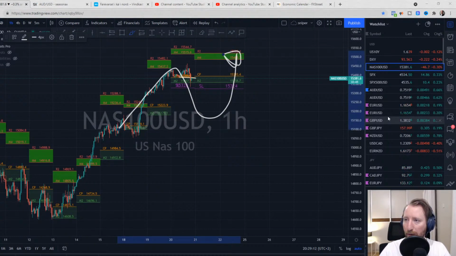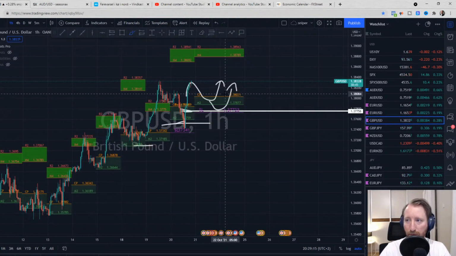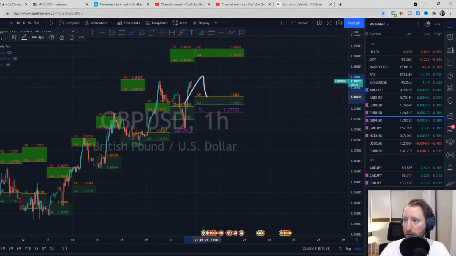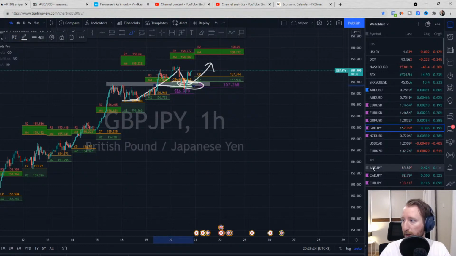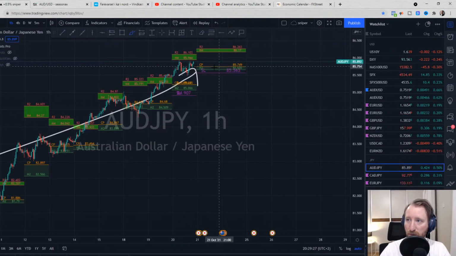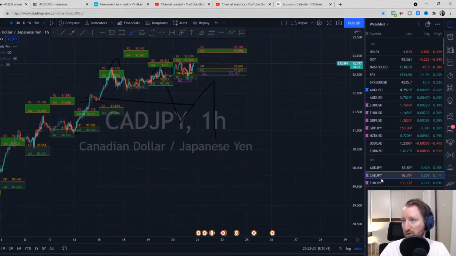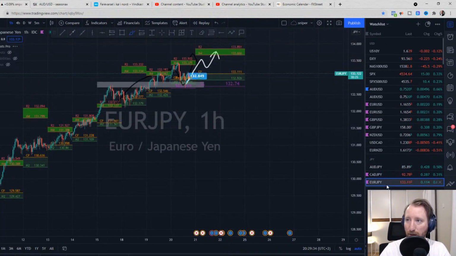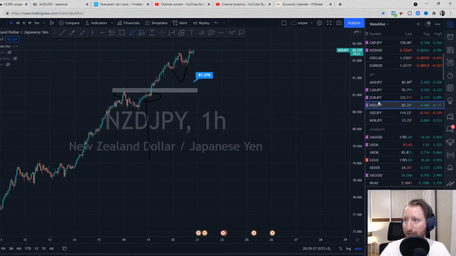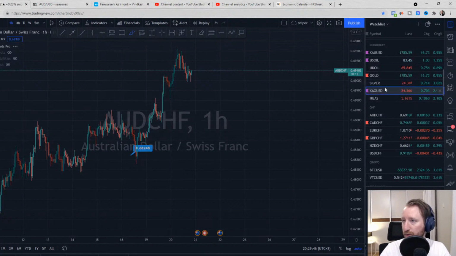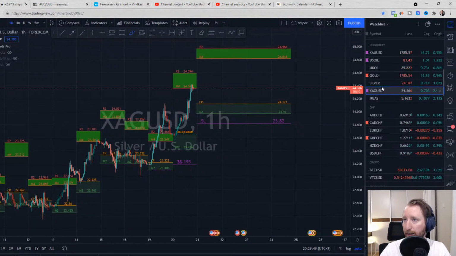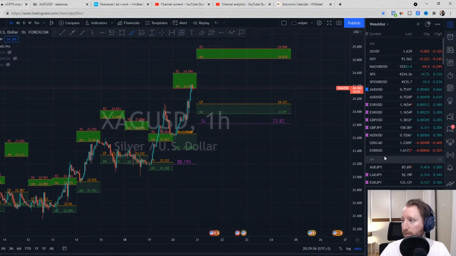If I've given you any value, any trade plans for tomorrow, now we are looking into pound buying tomorrow. We are looking into pound yen buying tomorrow. That is your buy, by the way, and then Aussie yen, sure, can buy something tomorrow. CAD yen, sure, you could buy something tomorrow. Euro yen, sure. New Zealand yen, choose one of those I've just mentioned. Find support at around London Open. Take your chance. Use stop loss. Use whatever you need to do. And I will make sure to support you in all the ways that I can